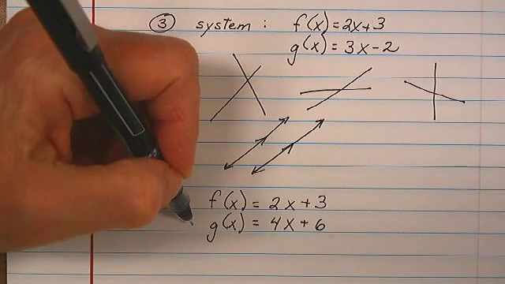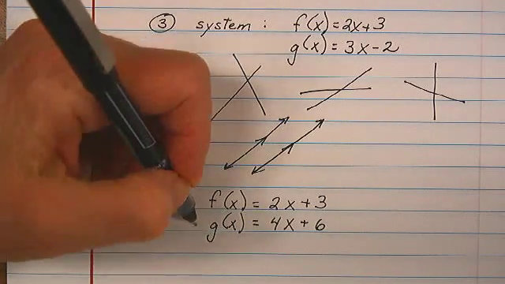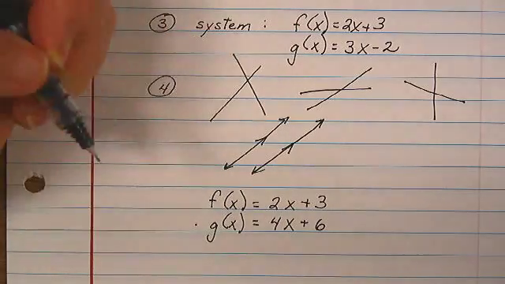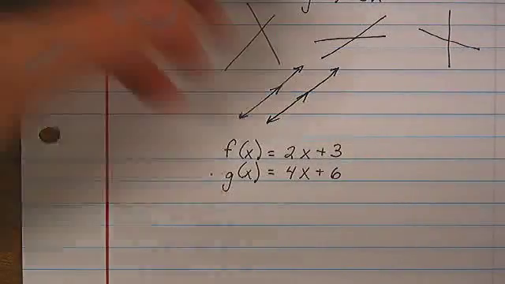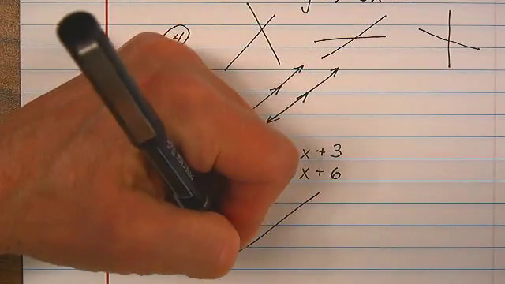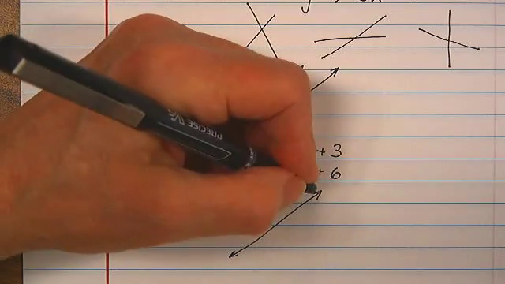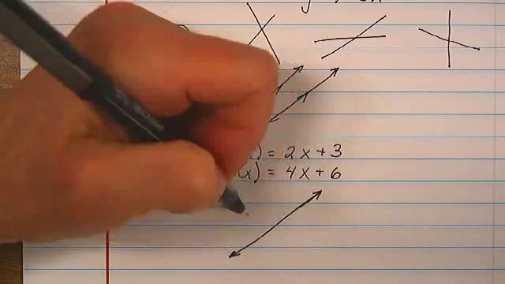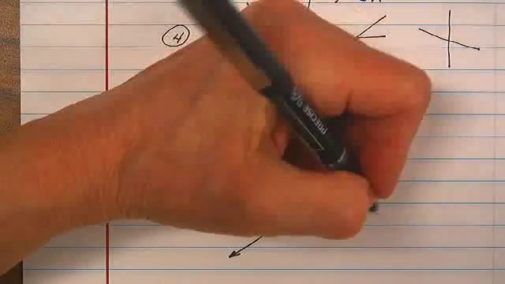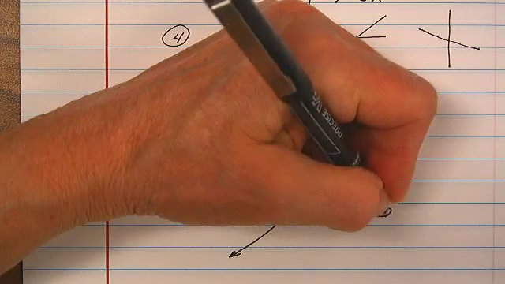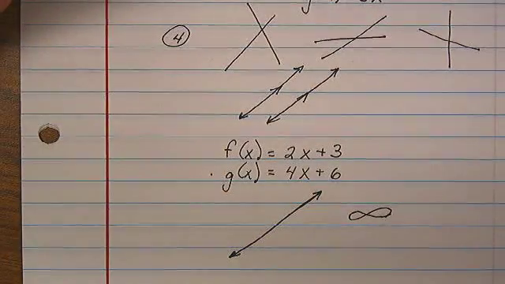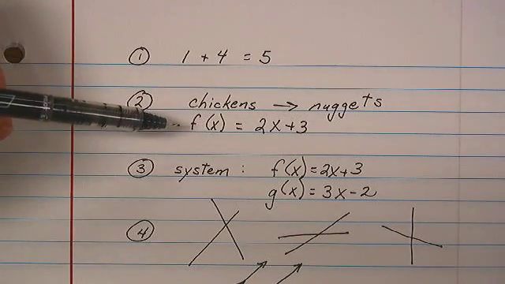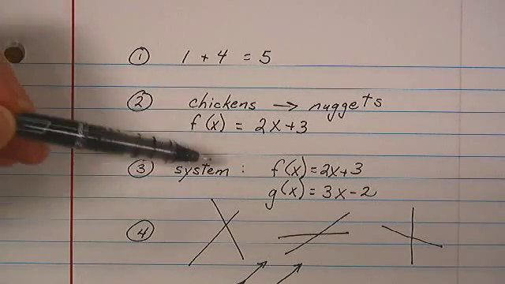When we simplify g of x, we find that it ends up being exactly the same line as f of x, and when that happens, we can graph it as one line, exactly over the same line. For every input, we get the identical output. Then we say there are an infinite number of solutions. So the difference between a function or a linear equation and a system